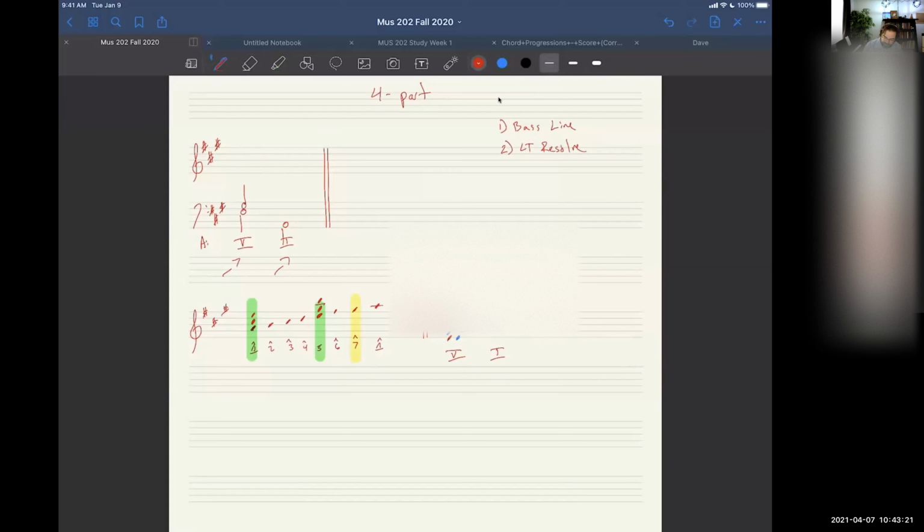And I'm just going to resolve it up by step. And I'm going to mark in the score that the leading tone is resolving up so that I know for certain I've taken care of my leading tone. So the next thing, you'll notice between the 5 and the 1 chord, we have an E and a B